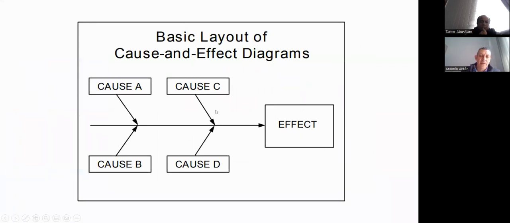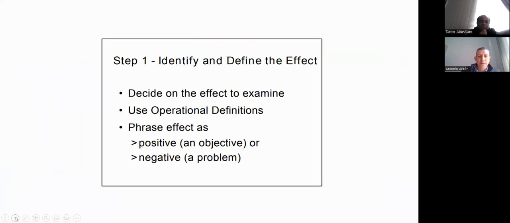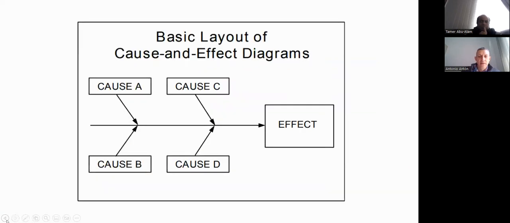This is the effect. These are the different causes to try to solve the effect. So I divided it in different parts to be more practical. First, identify and define the effect. This is the effect, the problem that you need to establish, on obesity for instance, that you need to solve. Perhaps it is the water, perhaps it is the use of plastics, perhaps it is that people commute by car rather than